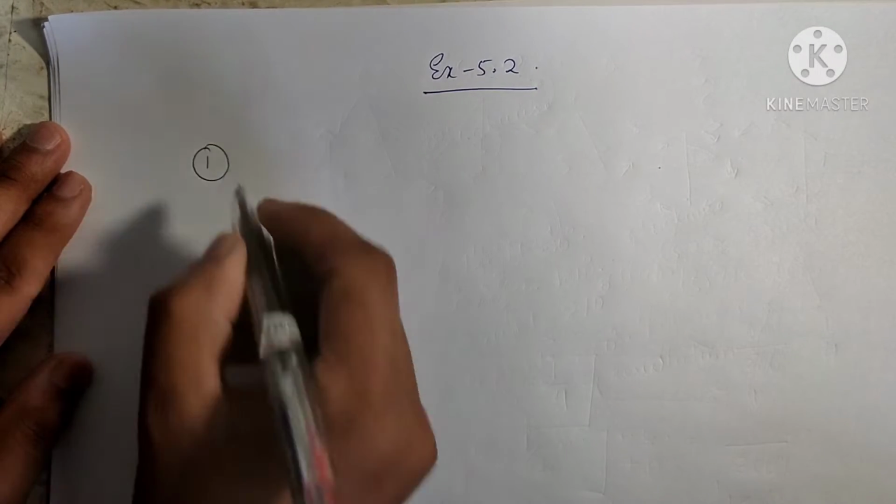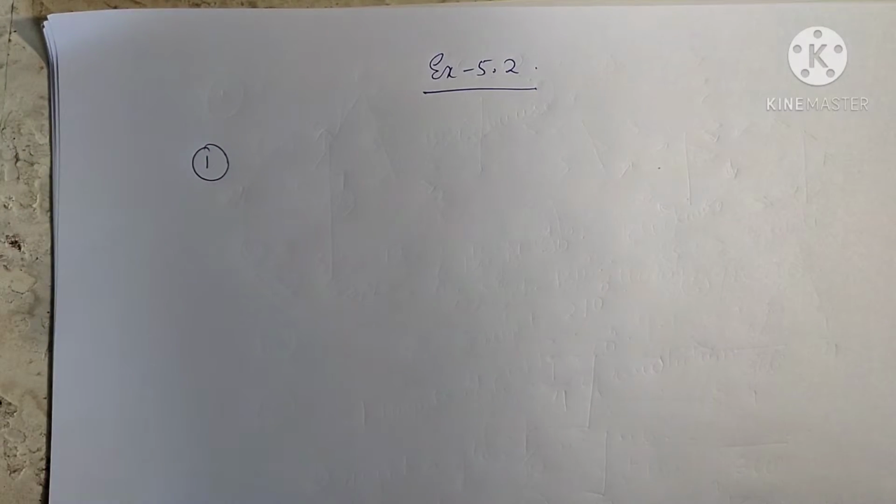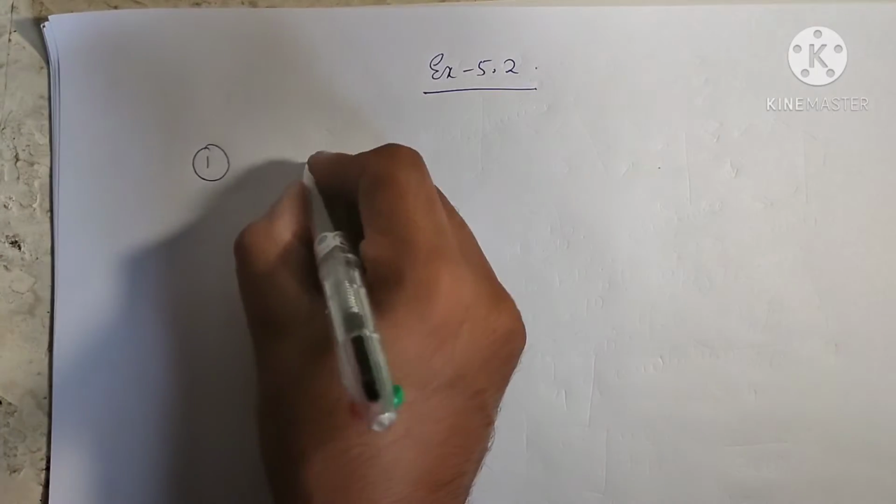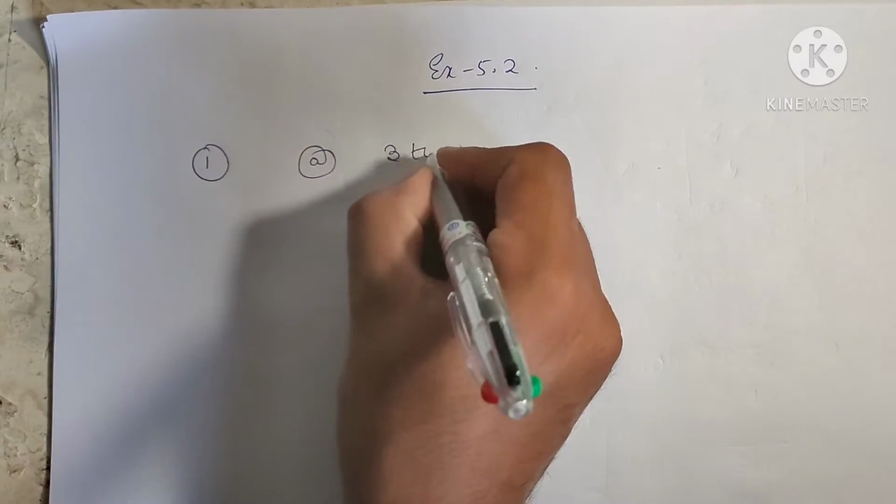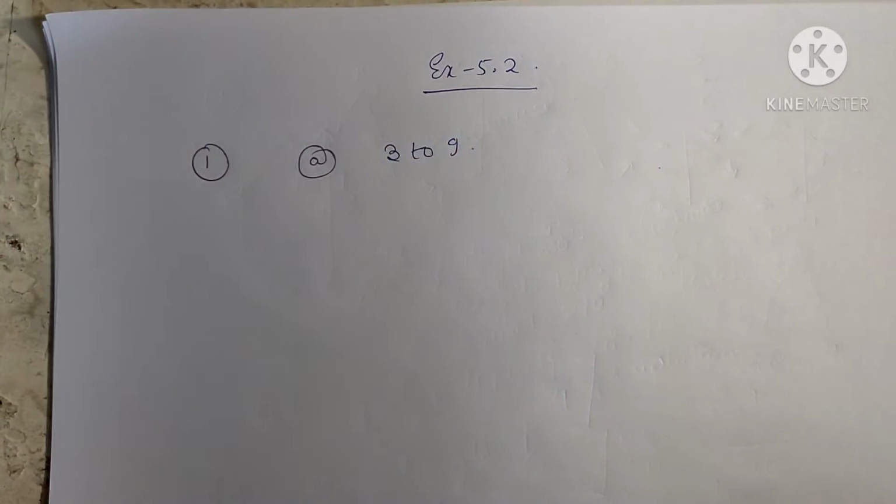Number 1. What fraction of a clockwise revolution does the hand of a clock turn when it goes from 3 to 9? Number A is 3 to 9, isn't it? So let's start. We know number A is 3 to 9. Okay, I'll solve 3, and then I'll make you solve the other 3 as homework, because if you don't understand, then what